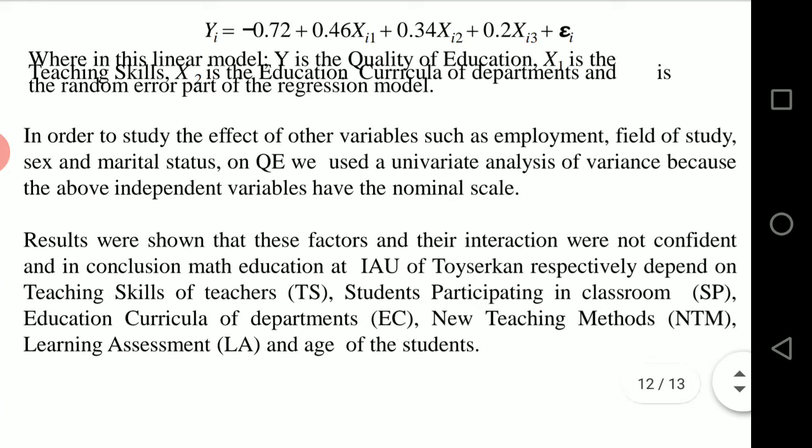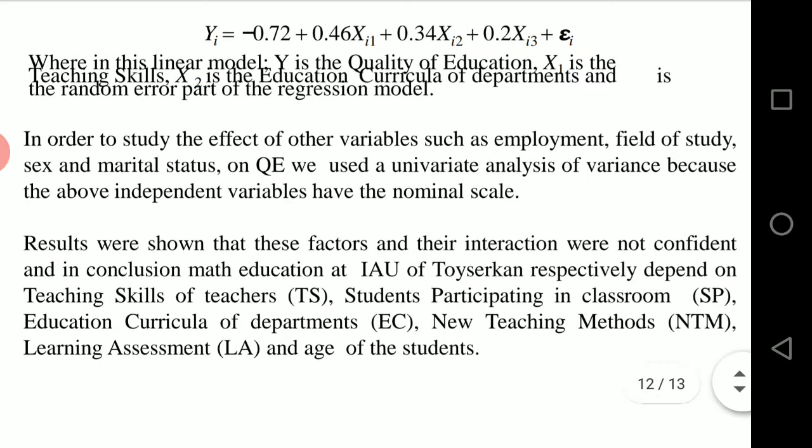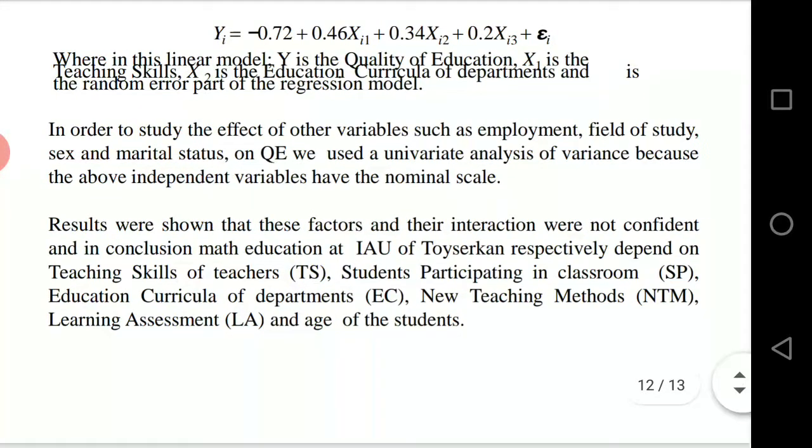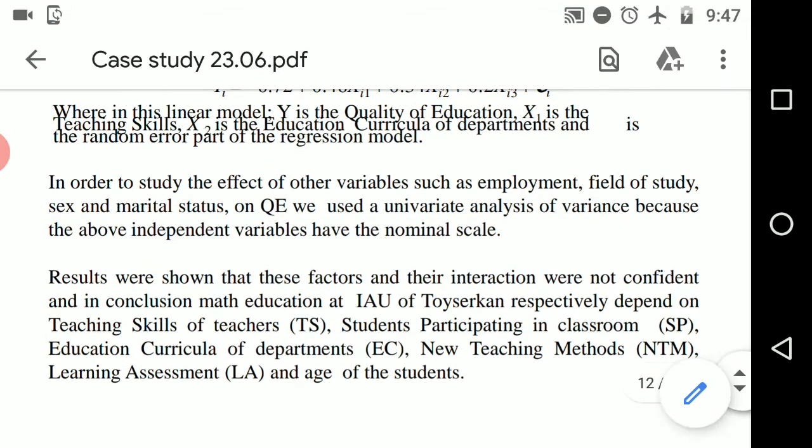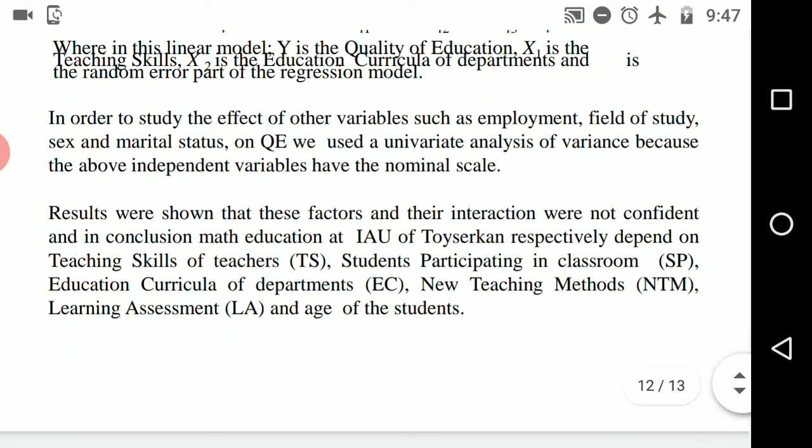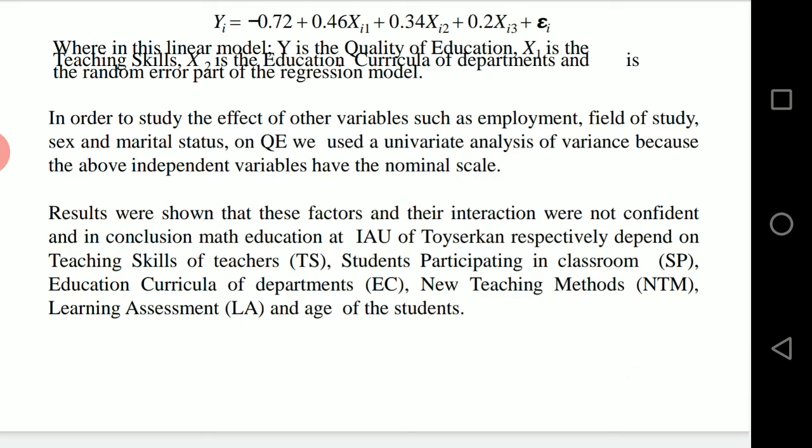In order to study the effect of other variables such as employment, field of study, sex and marital status on QE, a univariate analysis of variance was used because the above independent variables have the nominal scale.